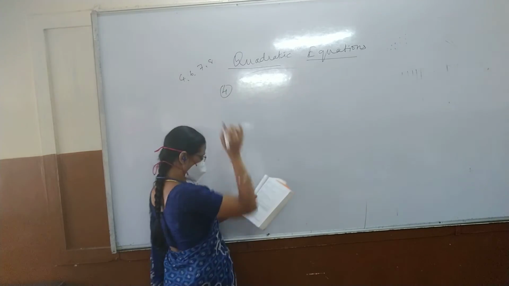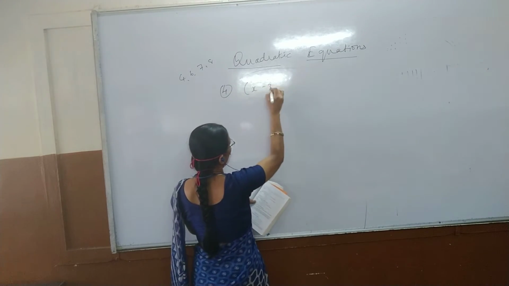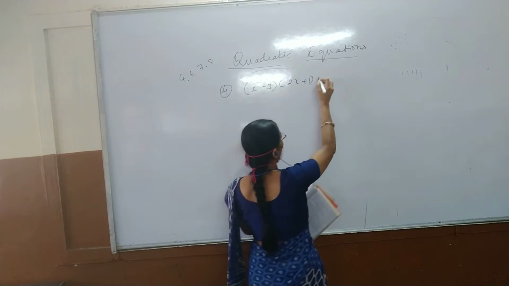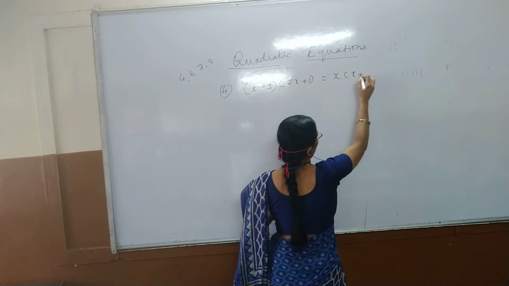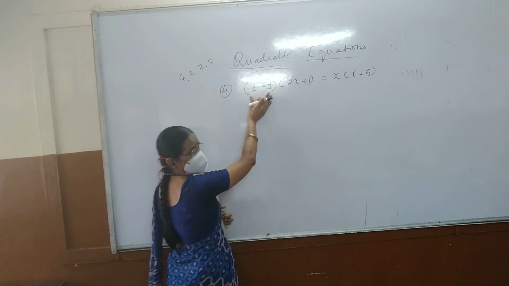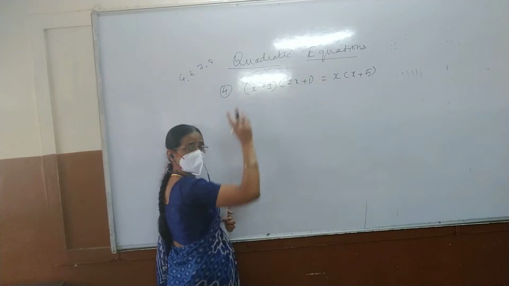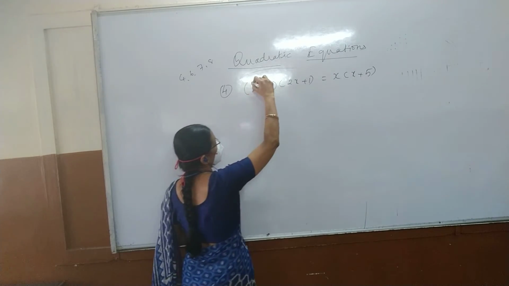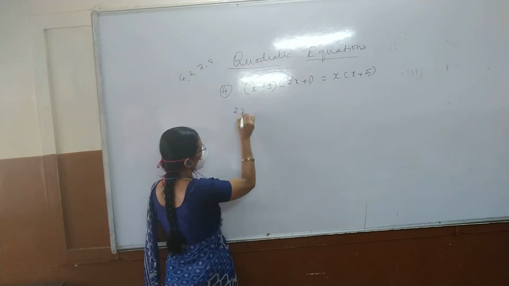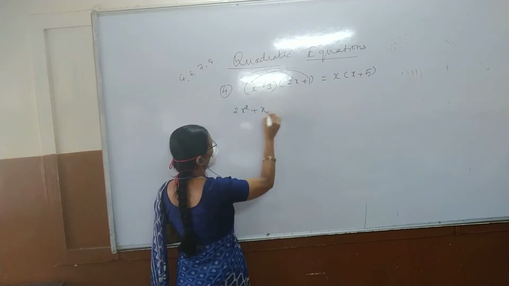So what is the 4th sum? x minus 3 into 2x plus 1, which is equal to x plus 1. The first bracket has 2 terms, the second bracket also has 2 terms. How to multiply 2 terms by 2 terms? x into 2x becomes 2x square. x into 1 plus x. Minus 3